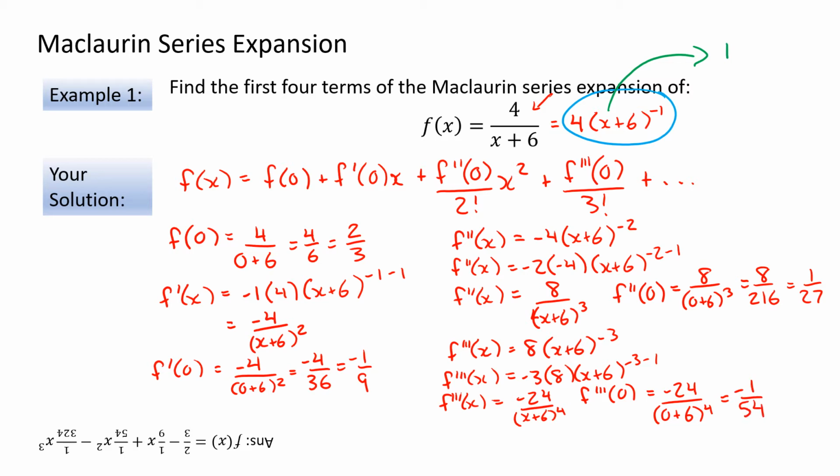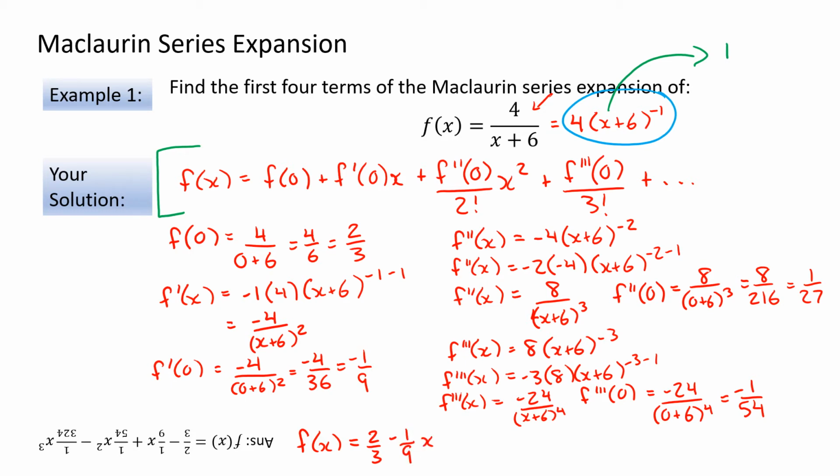Okay? So it's always going to be these steps in the Maclaurin series to find these. So it's a lot of steps, but it's taking derivatives simply using the power rule. Okay? So now we can substitute all of them back into this original equation. So what we get is that f of x is equal to the first term, f at 0, 2 over 3, plus the second term, which is negative 1 over 9, which is negative 1 over 9x, so it becomes